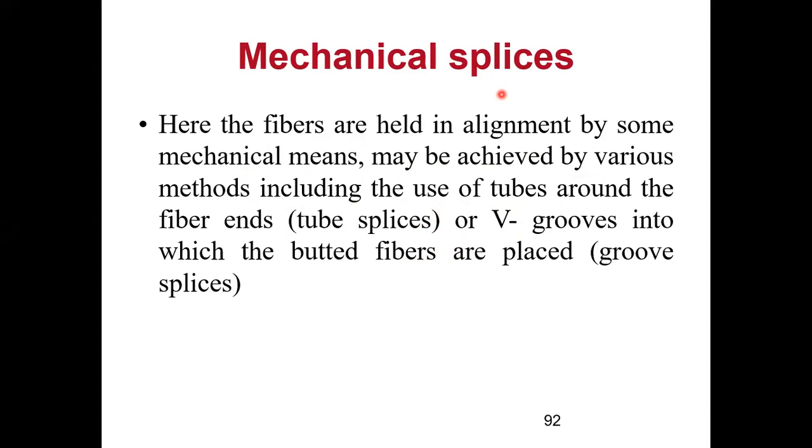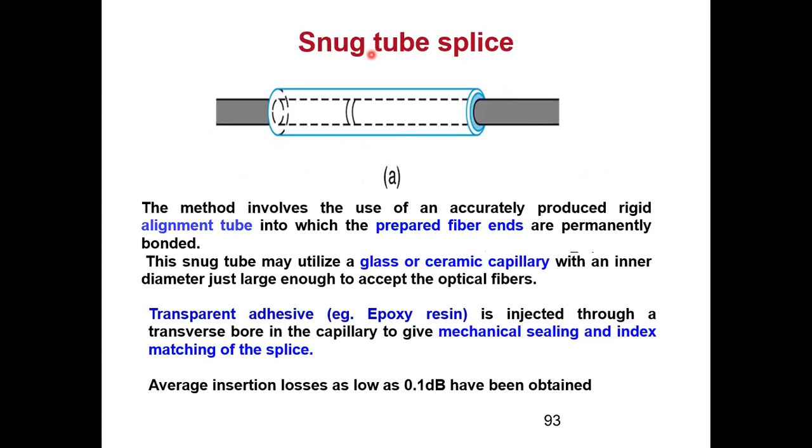So in our syllabus, we have 4 kinds. First one is called a snug tube splice. So what we have is this kind of tube. Now this tube is a little bit more in dimension compared to your fiber. One end of the fiber we are introducing over here, and the second end of the fiber we are introducing inside the tube. And then I have to join the fiber. So what I will do is, here there will be a very small hole present over here, and I will inject